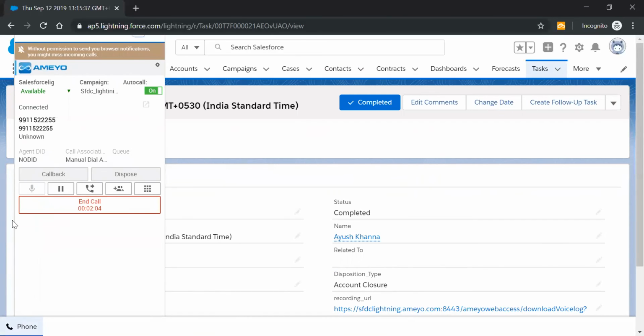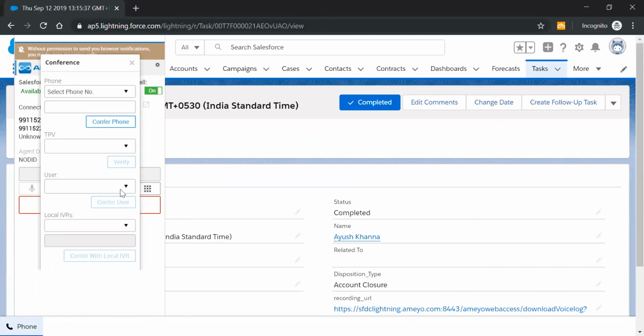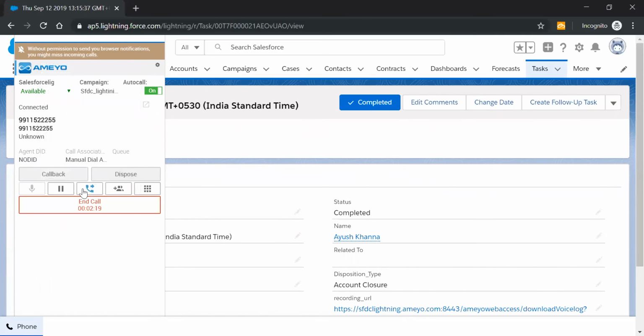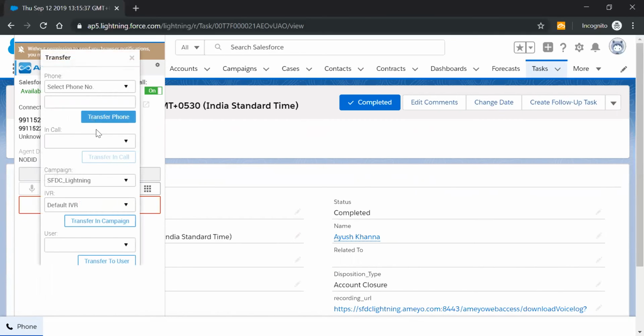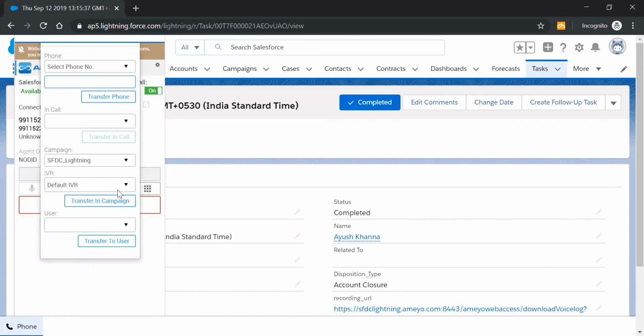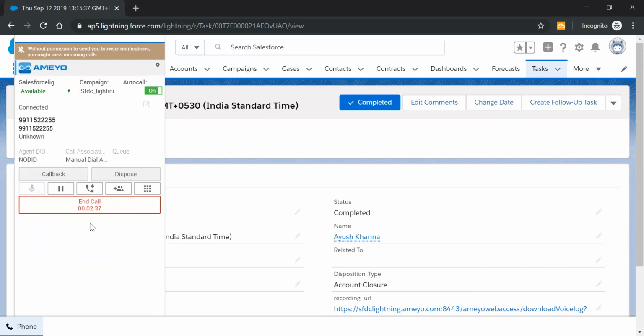On the telephony panel as an agent, these are the various capabilities I can perform. I can first put the call on hold, with the basic ones. I can take in conference the agent or the customer. I can take any external phone number also if required. I can again transfer the call to any available agent or to an external phone number. So when I talk about an external phone number, this can be a mobile number, landline number, or an extension phone number. To an IVR, let's say for a feedback, so the call can be transferred to a feedback IVR also, and also different campaigns or queues.